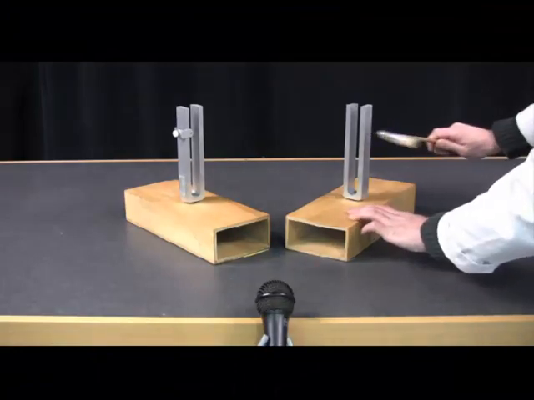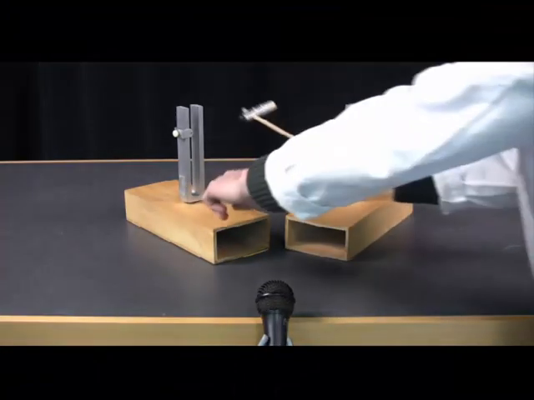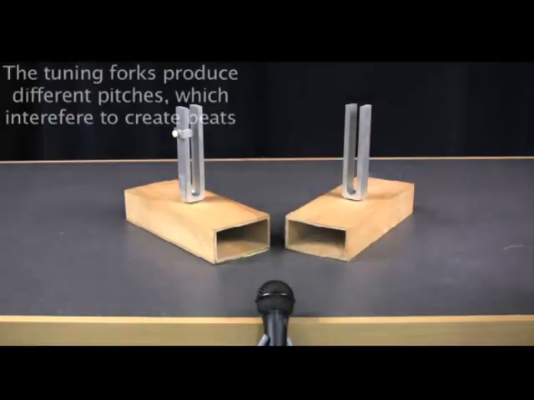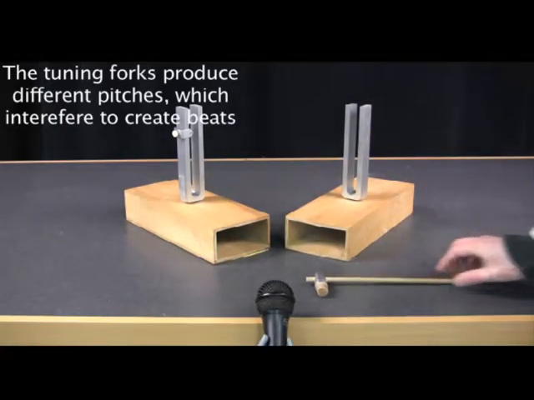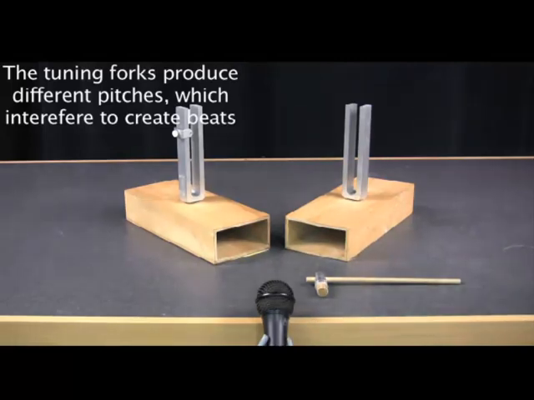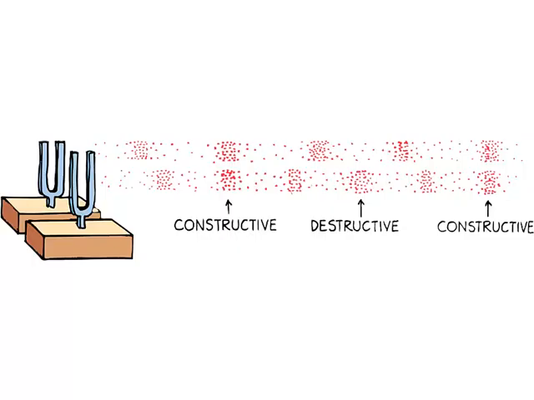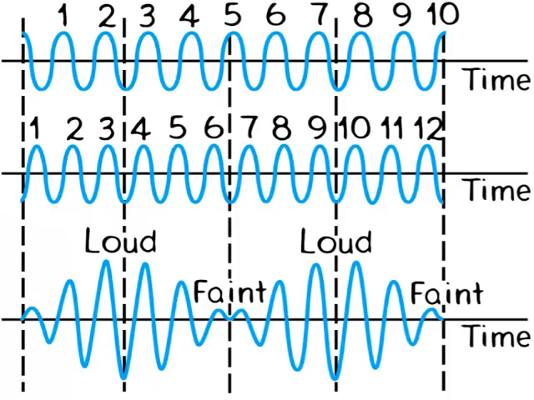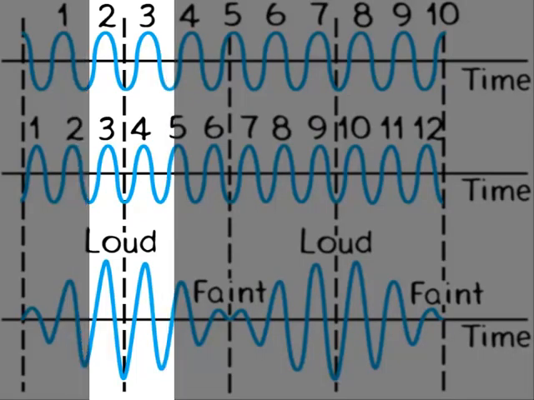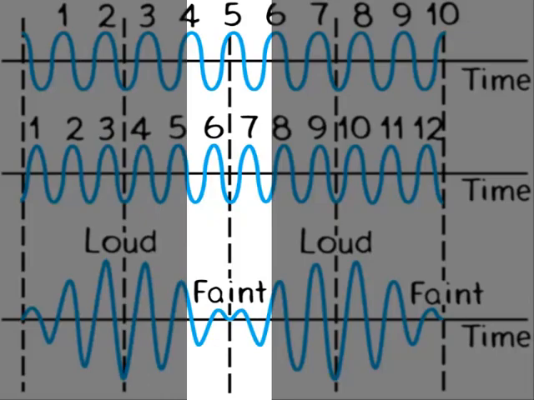When two tones of slightly different frequency are sounded together, the sound is loud, then quiet, then loud, and so on. This periodic variation in the loudness of sound is called beats. The vibration of the forks will be momentarily in phase, then out of phase, then back again. When the combined waves reach your ears, you hear a maximum. When the forks are out of phase, you hear a minimum.